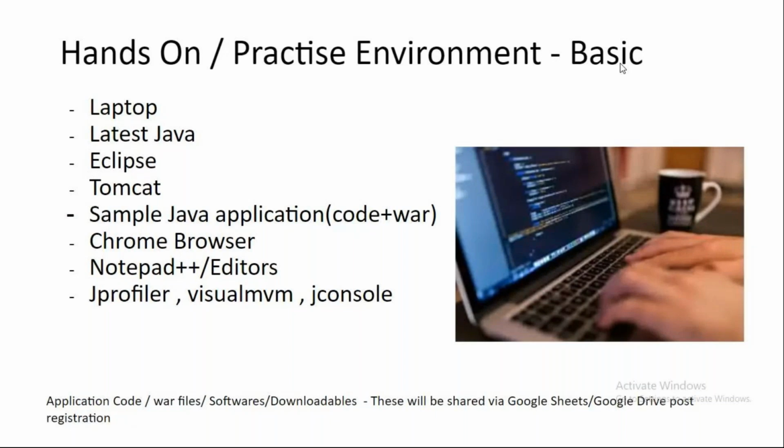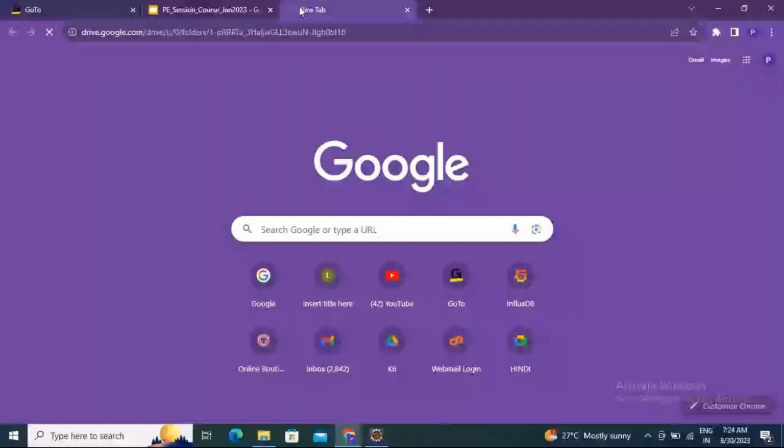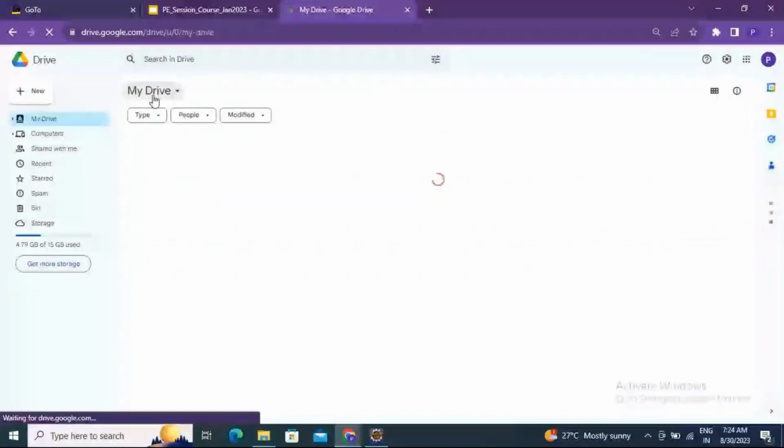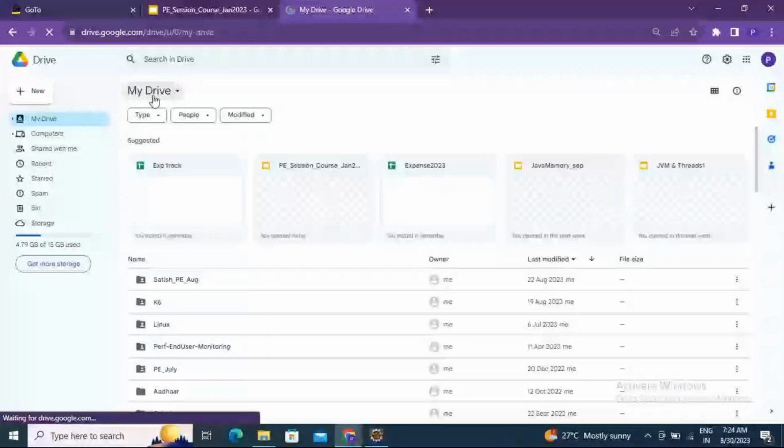We will have the Google Drive from where you can download all this software, or I'll probably provide a link from where you can download it. Either way, everything will be driven through this Google Drive. All the artifacts, all the war files or code that we use, the JMeter scripts that we use, and all the documents that we create from response time analysis, memory analysis, thread analysis, all that we do is uploaded into the drive, which you